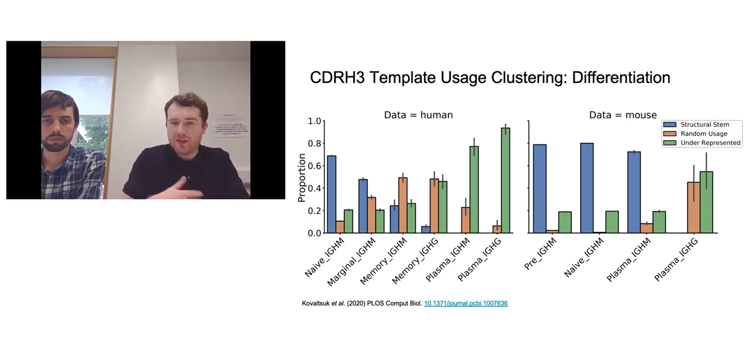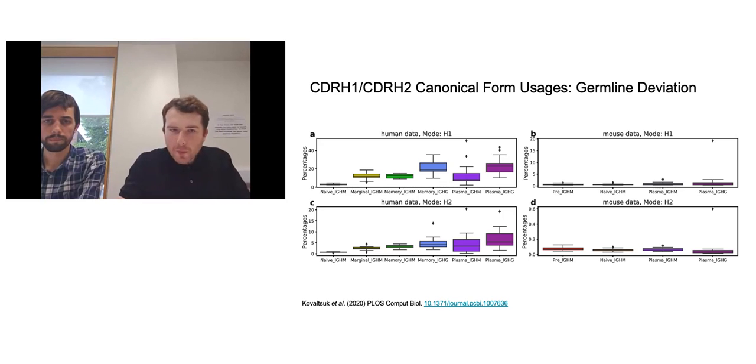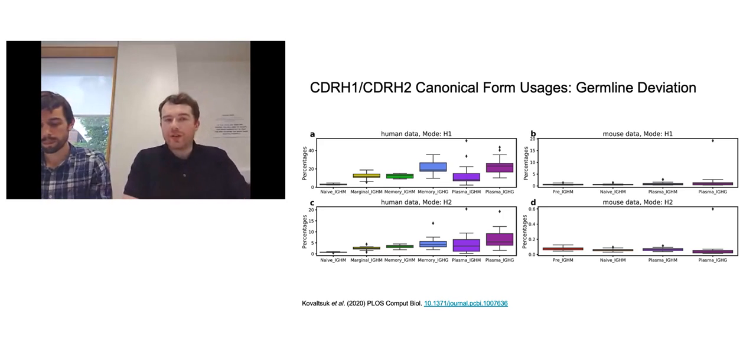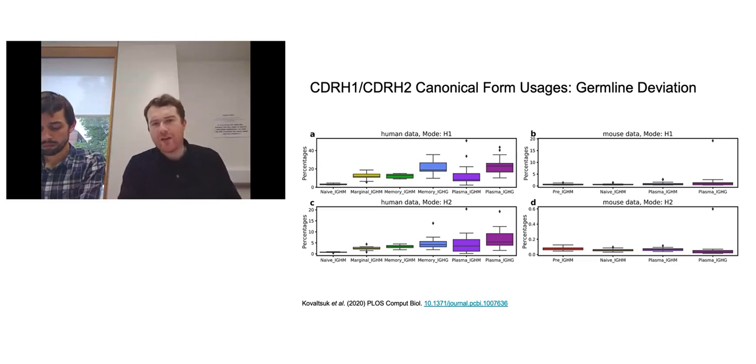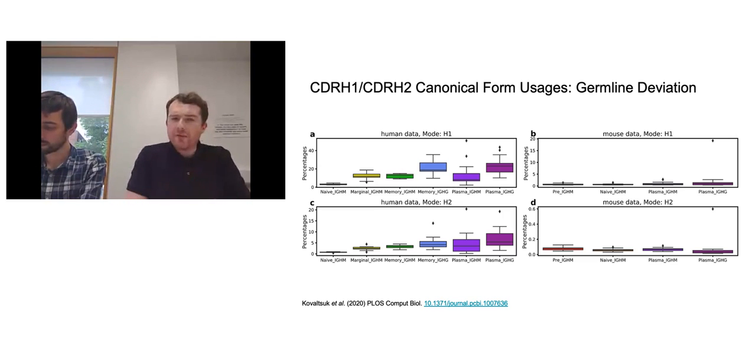And what's quite interesting about this also is we observe similar patterns in both human and mouse. So this evolution over time of template usage appears to be conserved across species. But we can go one step further and ask about other properties that we can observe that vary along the axis of differentiation, and how do they vary across different species? So again, we can look at the entire sequence, not just the CDRH3.